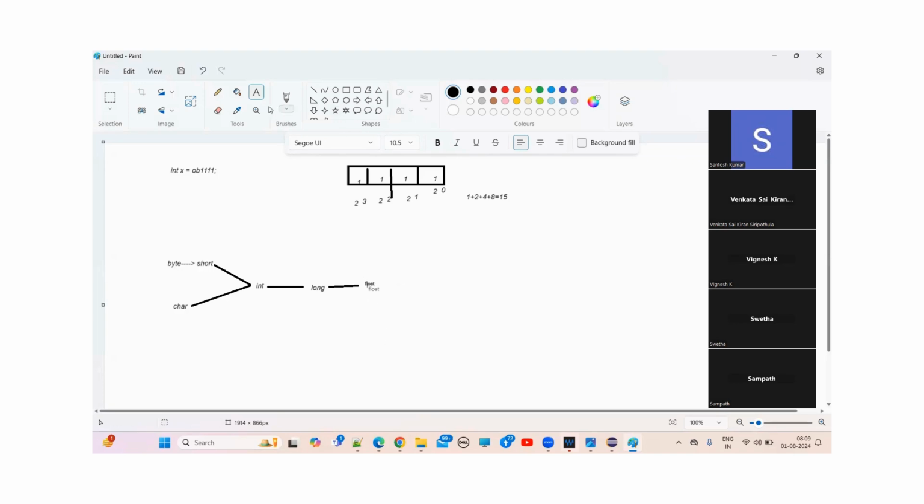So after that, what do we have? Finally, double, right? D-O-U-B-L-E, double. So byte, short, char, int, long, float, double, right? 1, 2, 3, 4, 5, 6, 7. These are the integral types, right? Okay. So here, if you see,